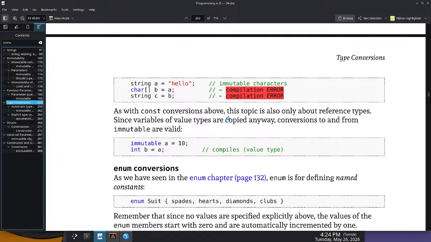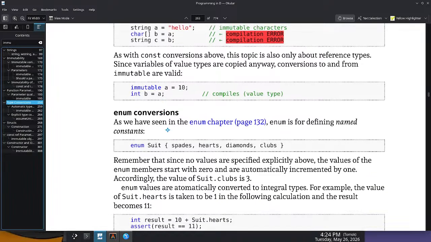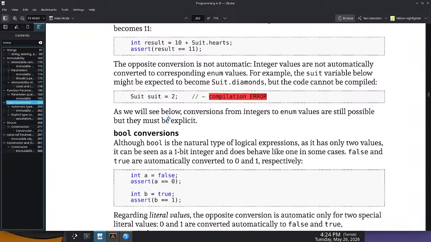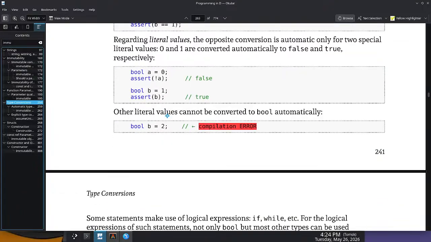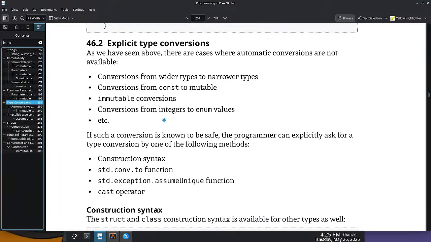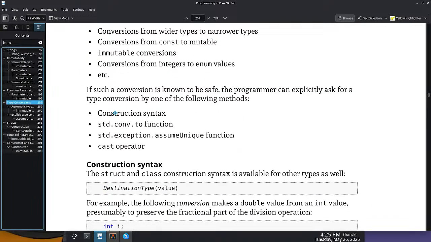Type conversions, though. Immutable, enum, assert. That's to check things. Explicit immutable conversions. Automatic conversions are not available for immutable conversions. If such a conversion is known to be safe, the programmer can explicitly ask for a type conversion by one of the following methods. So the standard